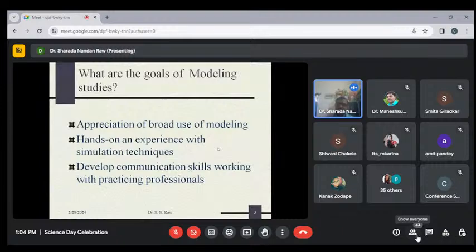MSc students, I think, study numerical simulation, the bisection method, regula falsi method, Newton-Raphson method, and the Jacobi method. All those techniques we have studied. So you should know about the techniques and how we can use them to solve these problems. Develop communication skills for working as a practical professional.